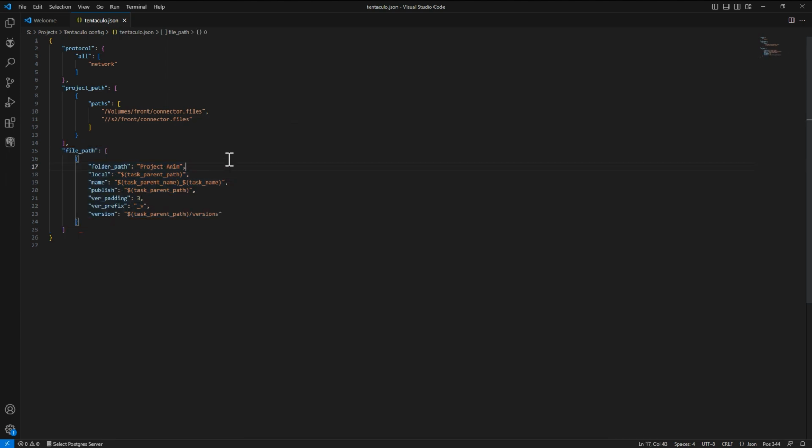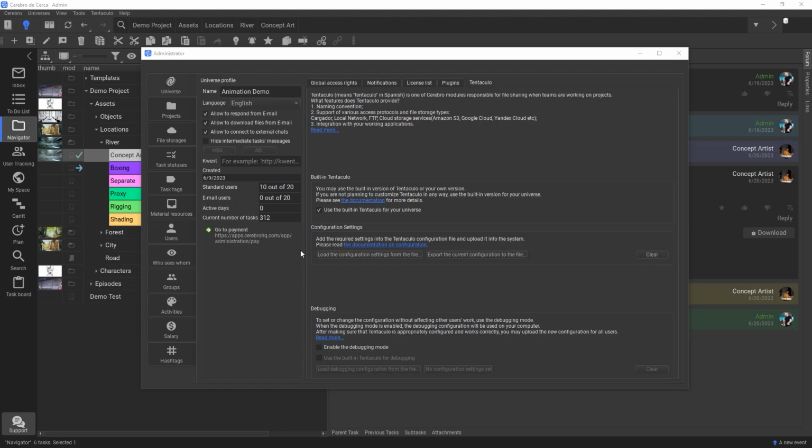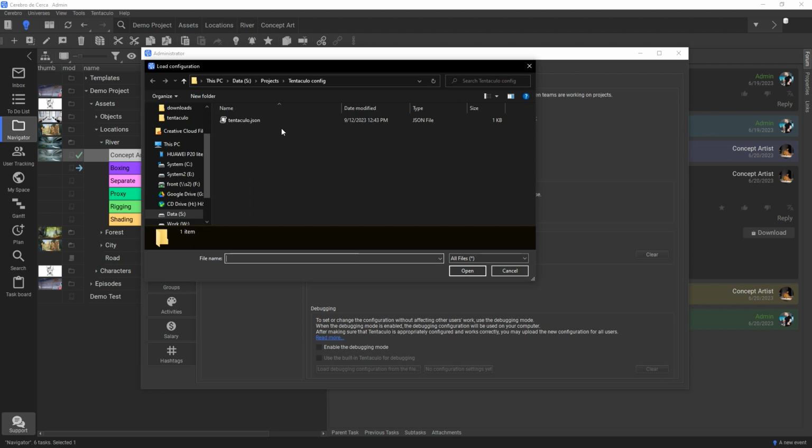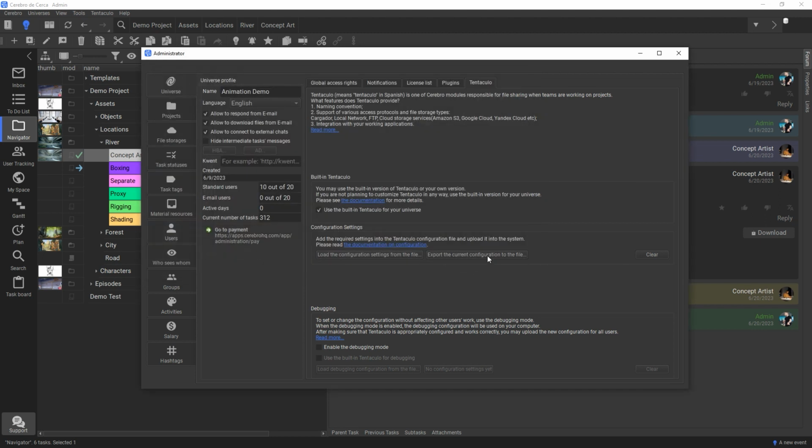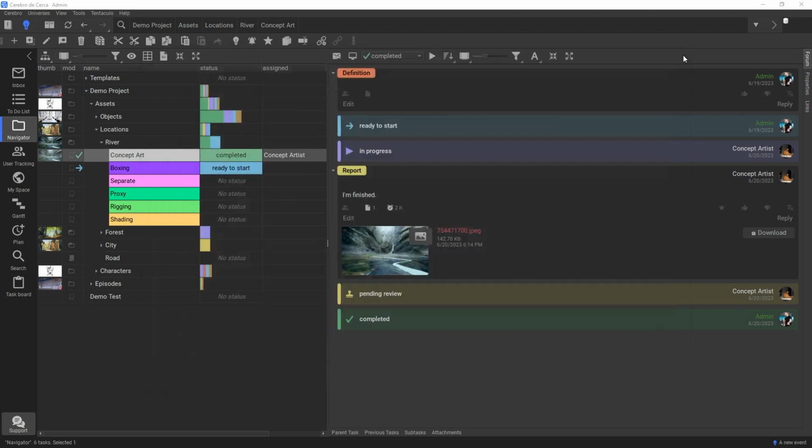After you've described all the necessary parameters, save the file and upload it to Cerebro using the Tentacular tab. Once uploaded, it will automatically become available to all your colleagues. Now you can install Tentacular for your work software.